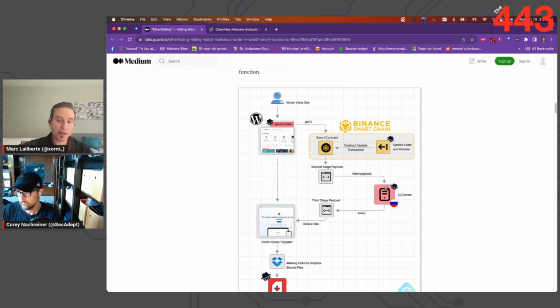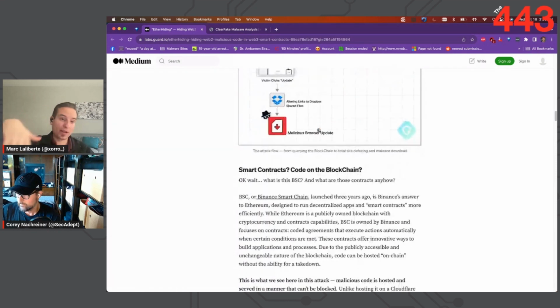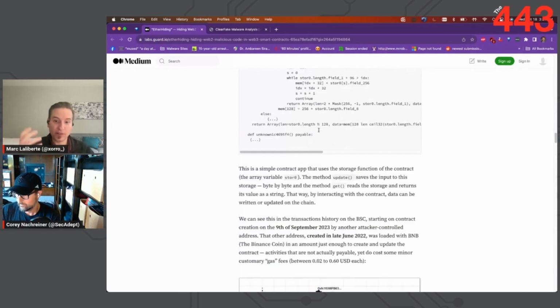Since then, all the subsequent updates were updating that data storage array to include what was ultimately JavaScript. It's a pretty simple JavaScript file that grabs another JavaScript file from another domain, decodes it, and then runs it through an eval statement, so it executes in the web browser. This has been updated about 30 times so far. Every time this now third stage domain gets taken down by the hosting provider, the owner of the smart contract just goes in, updates the contract, which costs them a couple cents, and puts in a new domain.